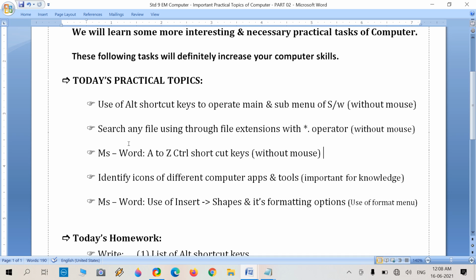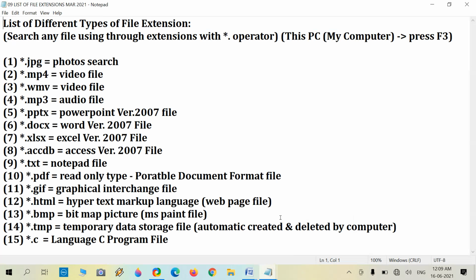The next practical topic is to search any file using file extensions. I have a list of file extensions here, showing different files and their related extensions. What is an extension? An extension is a kind of surname of a specific file.